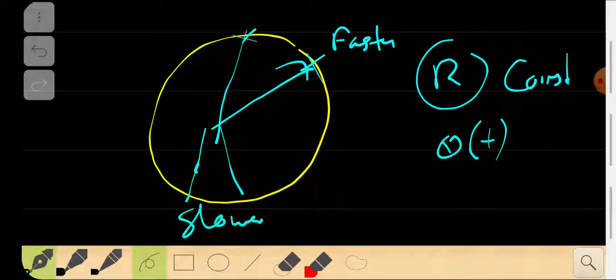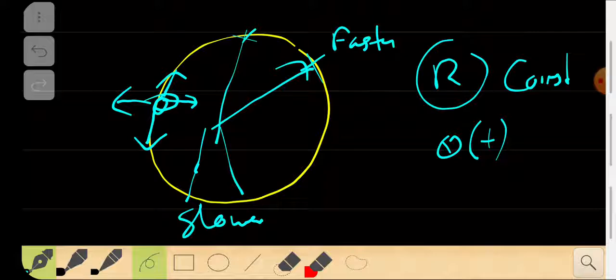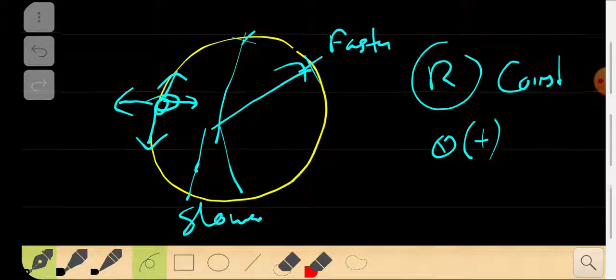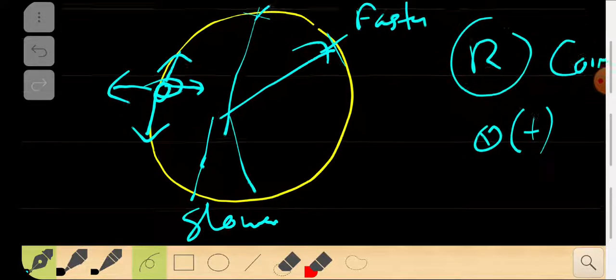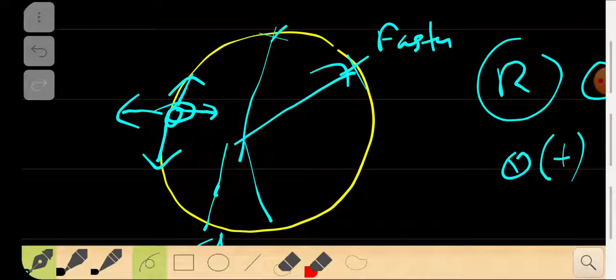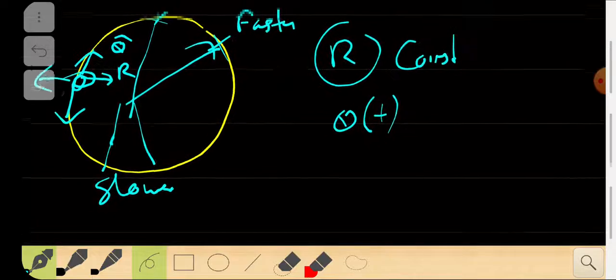So what happens here is that at some point when the body is moving like this, it will get pulled in or pulled out. It will be pushed in this direction or in this direction depending upon the requirement of the velocity. To satisfy that equation of theta, it has to be pulled in or pulled out. So there will be some times when there is no push in the radial direction, and there could be times when there is no push in the theta cap direction. Okay, so there could be some time like that.